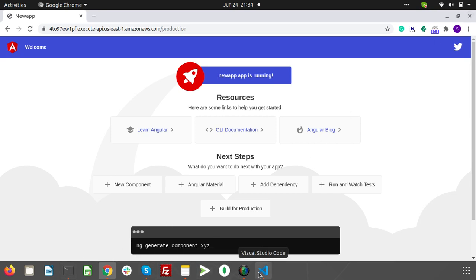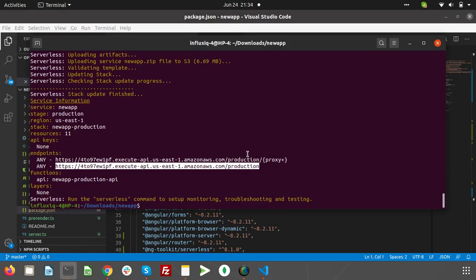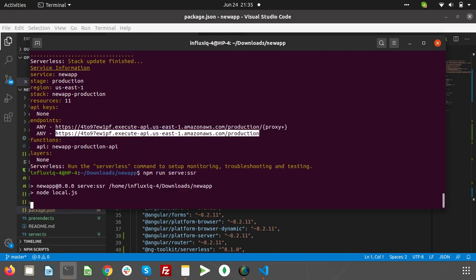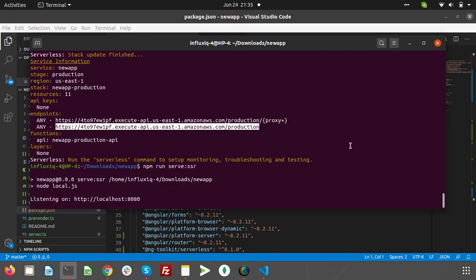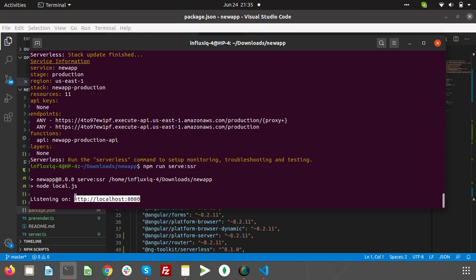And moreover, if you would like to run it on localhost and see if your project has been successfully built and is in a position to deploy, you can always check it out by just typing npm run serve:ssr, and on localhost you can mention the port number if you want.